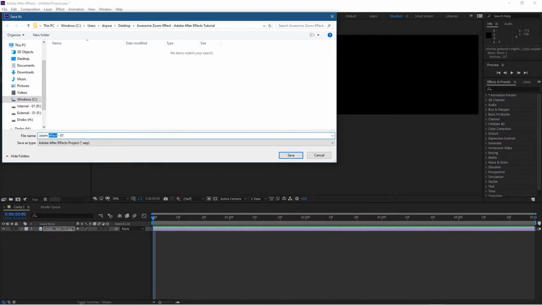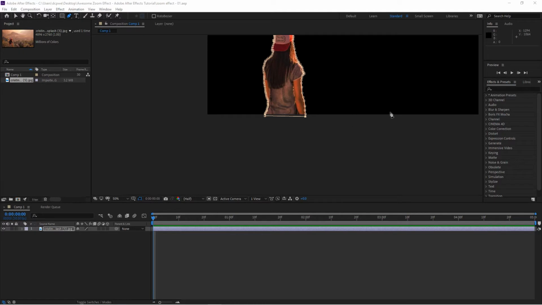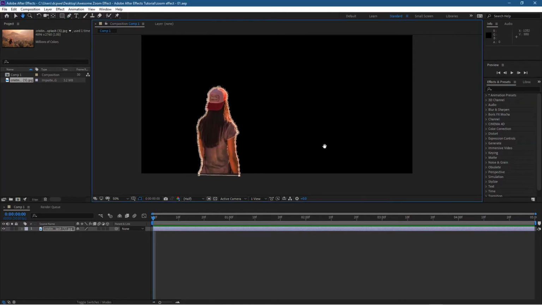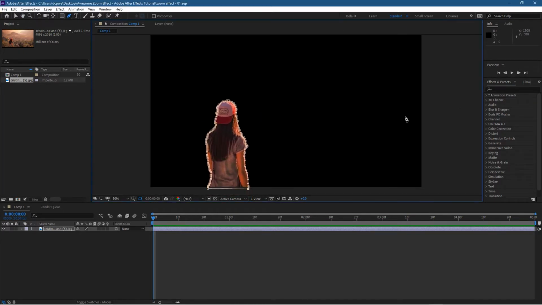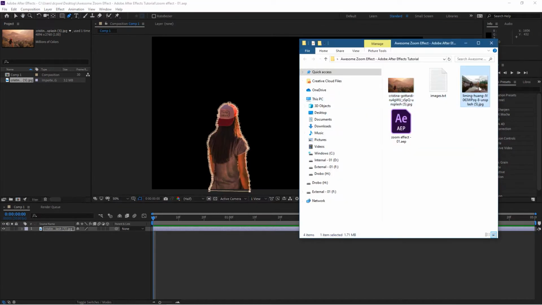Let's spell that correctly. Zoom Effect -01, and let's save this. Okay, so the next thing we want to do is get that background picture in here. So let's middle mouse click so we can see the full canvas here in the screen, and then we'll open up the folder again, but this time we're going to drag this picture over to here,